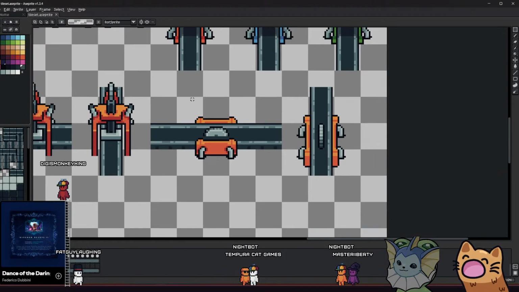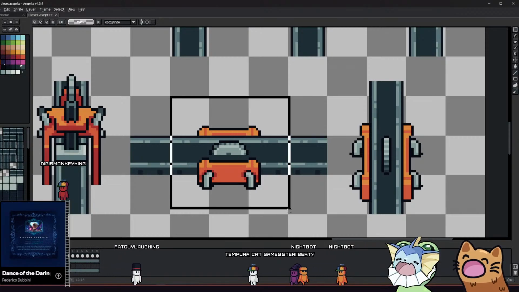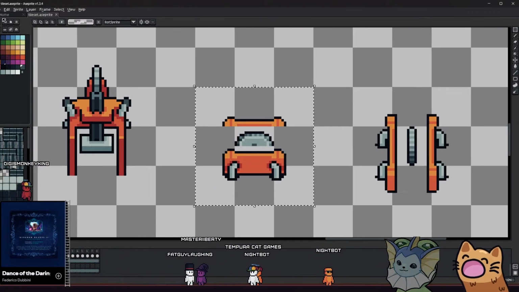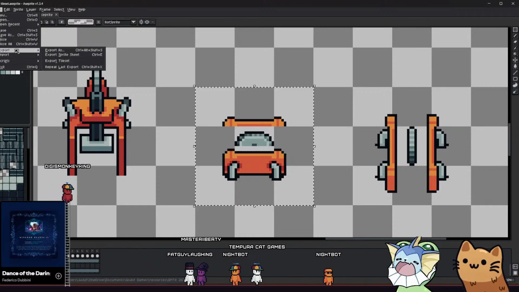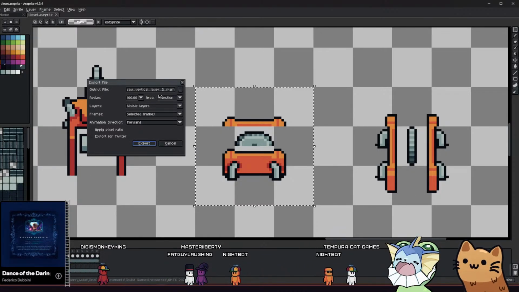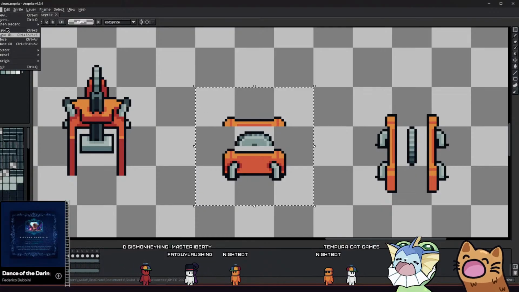Is there a way to export a... Because I want to export just this section. Yeah, so if I go to export as... Oh no, sorry, you're right. But if I do export sprite sheet,